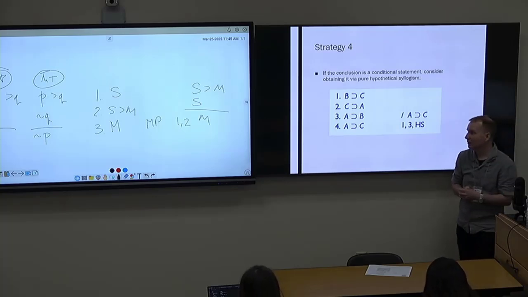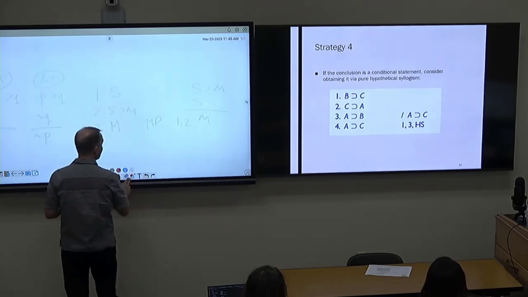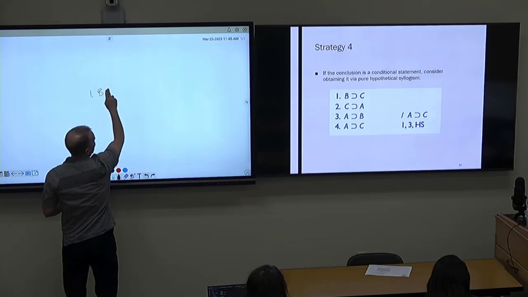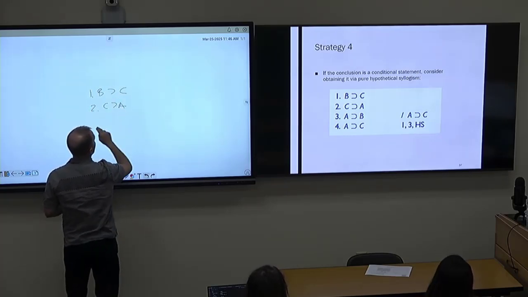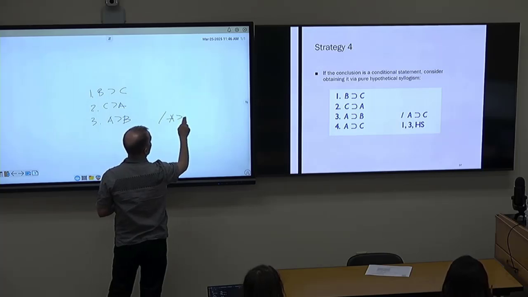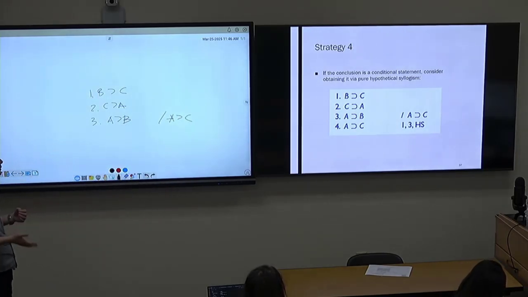Pure hypothetical. Let's look a little bit closer on this. So you see that your premises in this case are if B then C, if C then A, and if A then B, and your conclusion is if A then C. Now, one thing to remember with pure hypothetical syllogism is that you can have different order of premises and it's